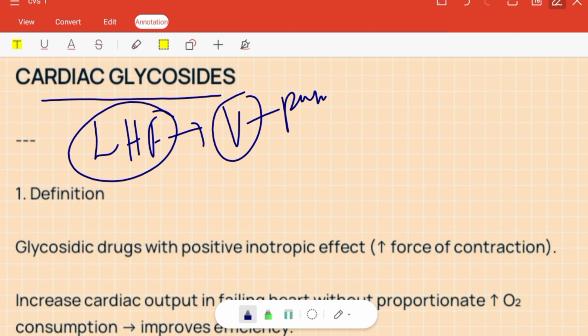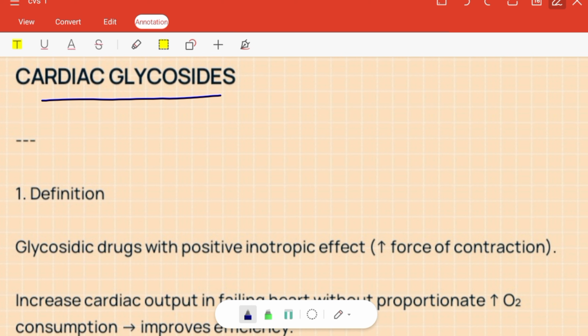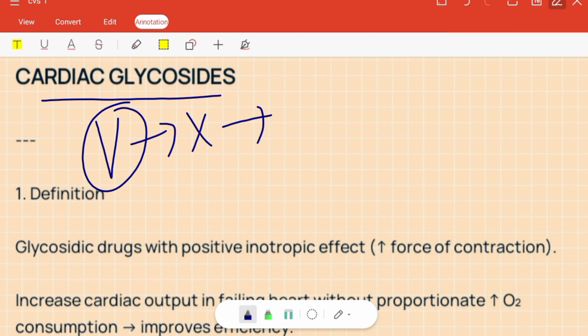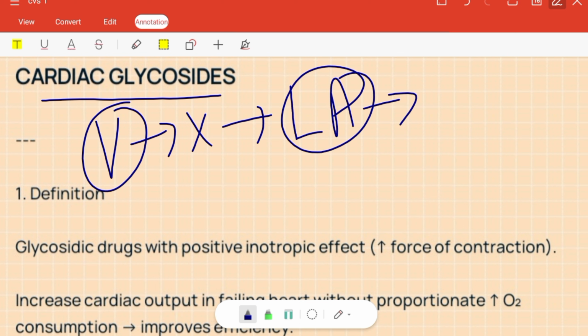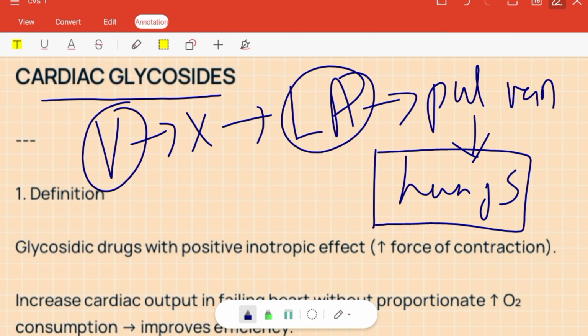When the ventricles do not pump, there's decreased blood supply to the organs, and it causes ischemia and hypoxia. What happens when the ventricle does not pump is that there is regurgitation of blood, which is accumulated in the ventricles, into the left atrium. Then it travels to the pulmonary vein and then to the lungs. When there is accumulation of blood in the lungs, it causes pulmonary edema that causes dyspnea and fatigue,